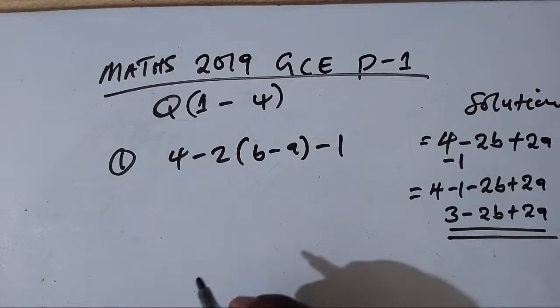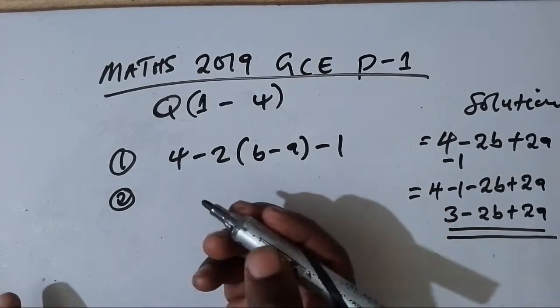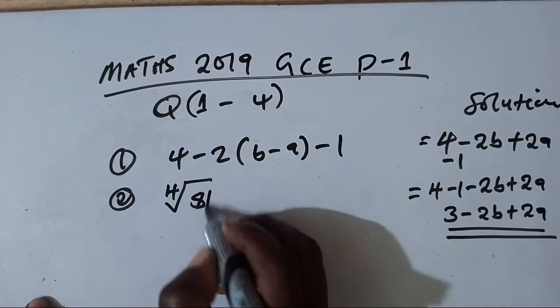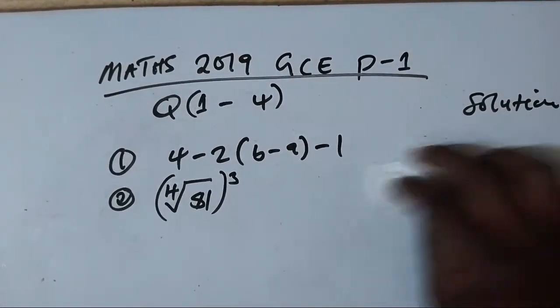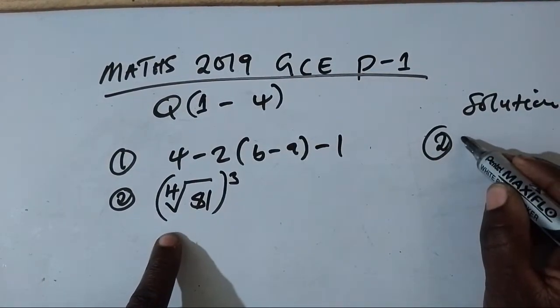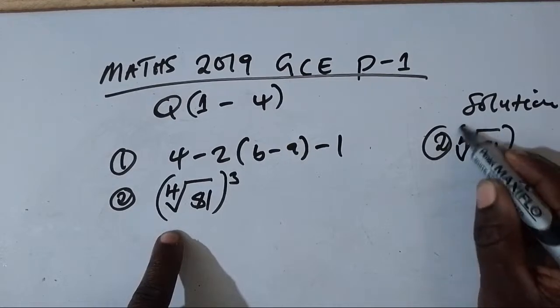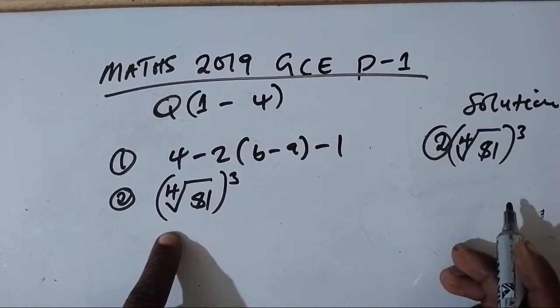Now let's move on to question 2, which says we have to evaluate. We have to evaluate this one. When evaluating this one, let me just create a space here. This is for question 2. So we have to evaluate 81, bracket, then power 3. So here what they're asking is the fourth root of